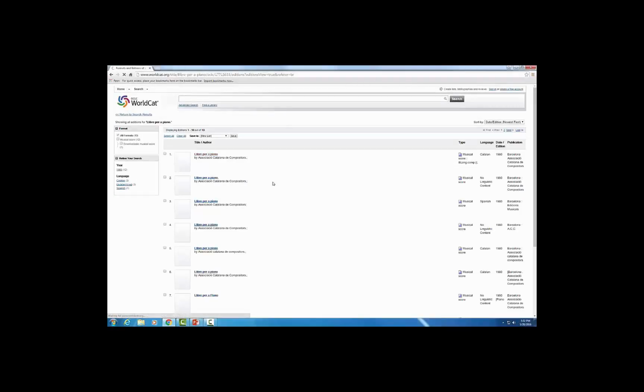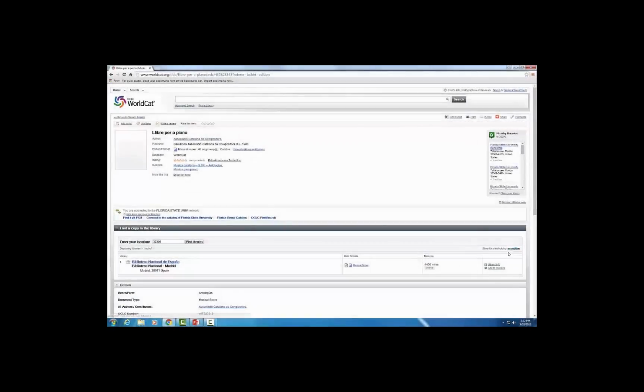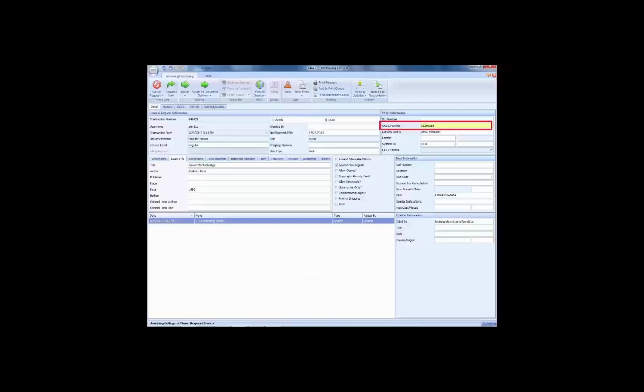Open a record and verify you have the correct entry by clicking on Just This Edition and see if the list of lenders remain the same. Then, find the OCLC number and add or replace it on the request form. Closing out the request will send it to the Direct Request service in a similar manner that articles are sent